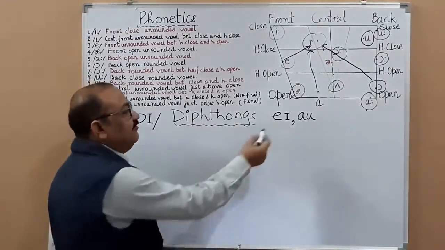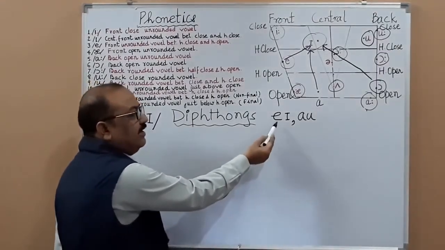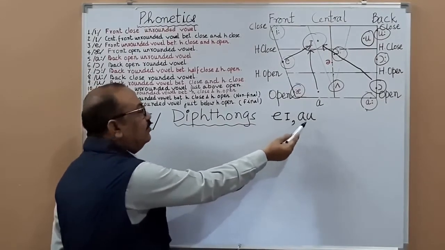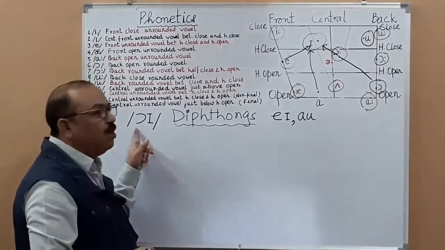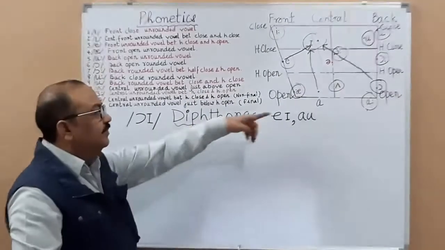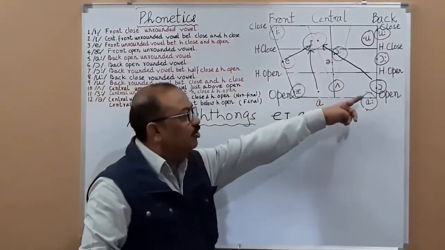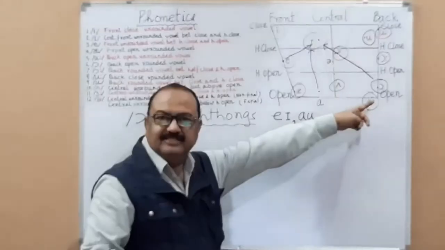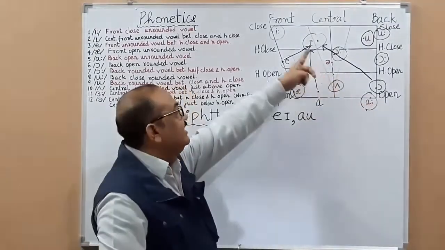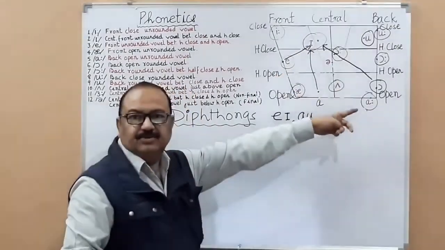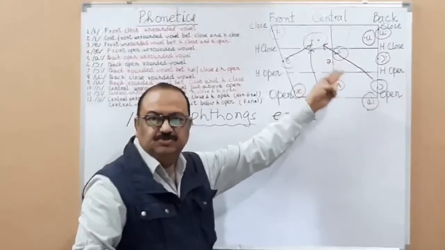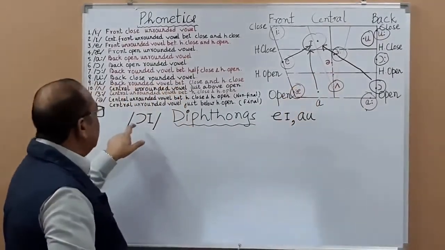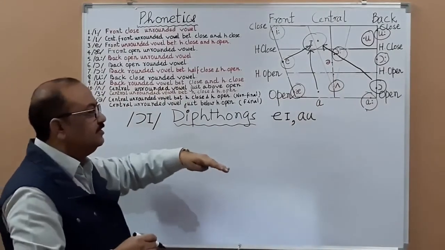After having discussed the two diphthongs, we move on to the third one, which is the OE diphthong. It is a fusion of these two vowel sounds, these two symbols. So what do we say as far as three-term description is concerned?